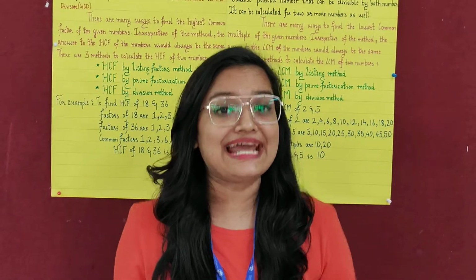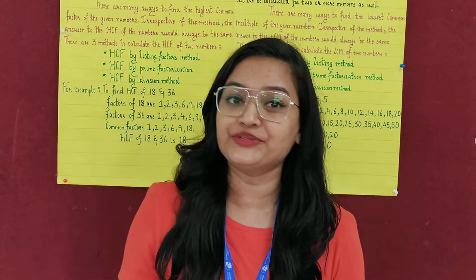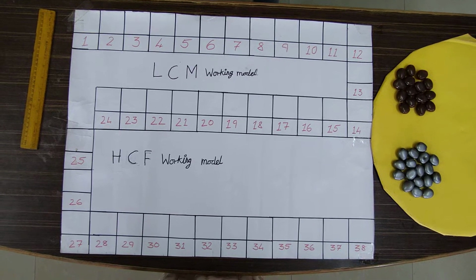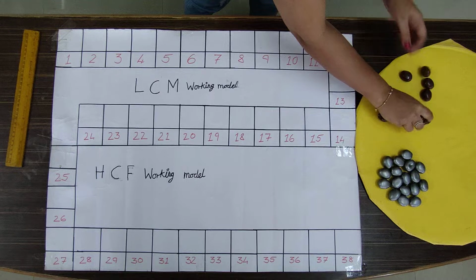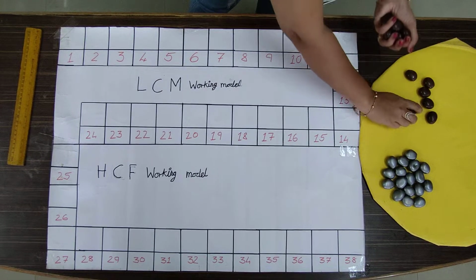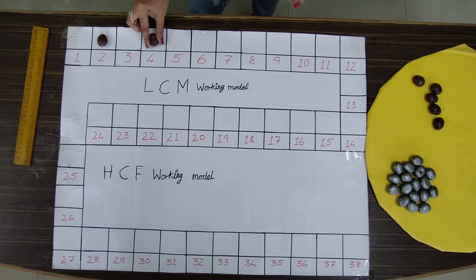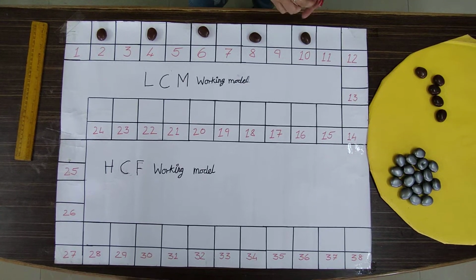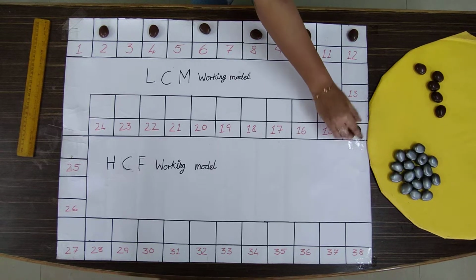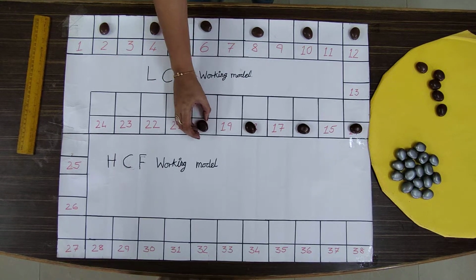Now let's understand LCM with two beautiful examples. We can take any two random numbers. I am taking 2 and 3. LCM deals with multiples. So I am going to consider the multiples of 2, and for that I am again taking these beautiful pebbles. Let's follow 2's table. 2 ones are 2, 2 twos are 4, 2 threes are 6, 2 fours are 8, 2 fives are 10, 2 sixes are 12, 2 sevens are 14, 2 eights are 16, 2 nines are 18, 2 tens are 20. We completed the multiples of 2.